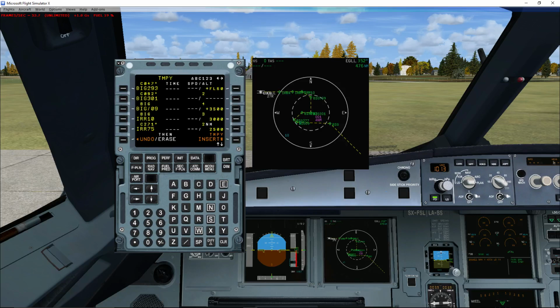So at this point what we can do is say, well, we're happy with this, we'll insert that into the system. So there's your temporary insert, and now you can see the differences. Our line has turned solid green to say it's not a temporary route or a temporary amendment, and now what we've got here is, if I press flight